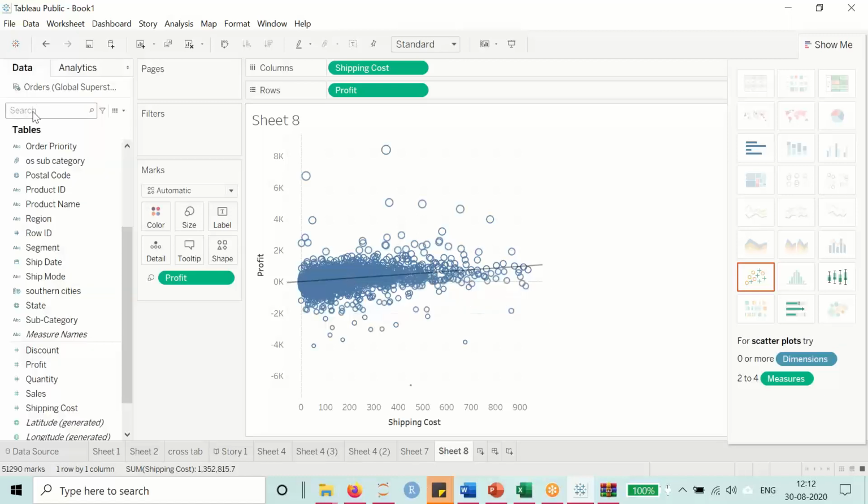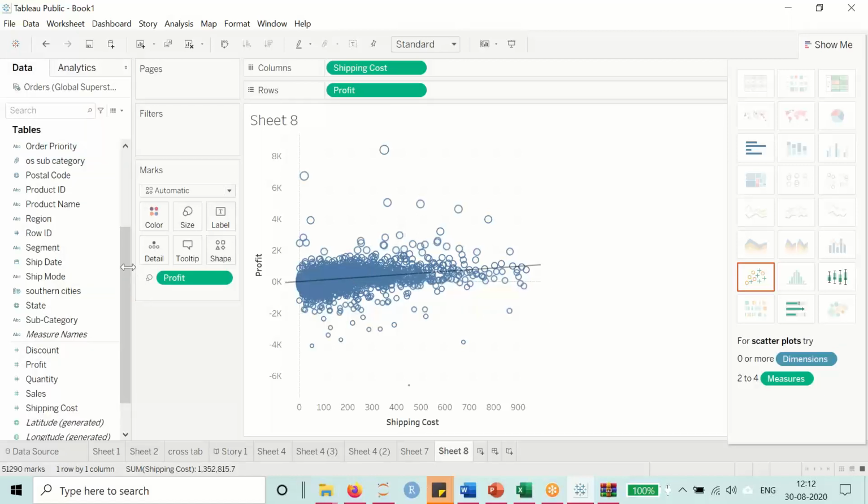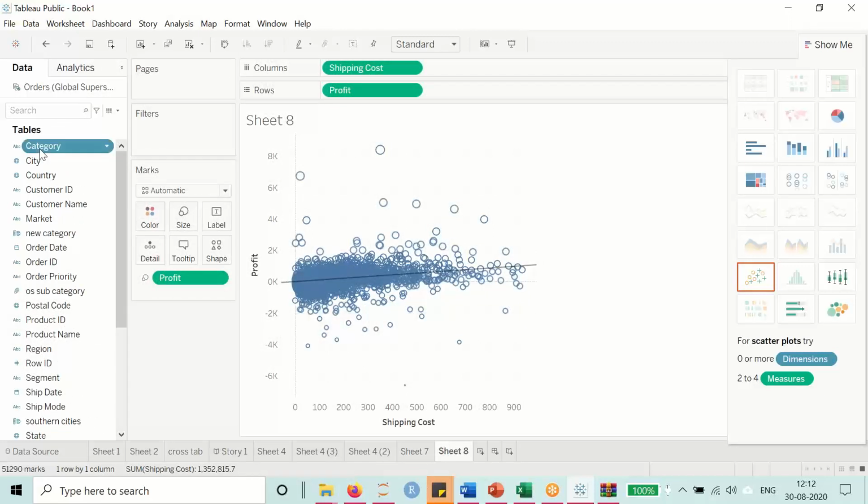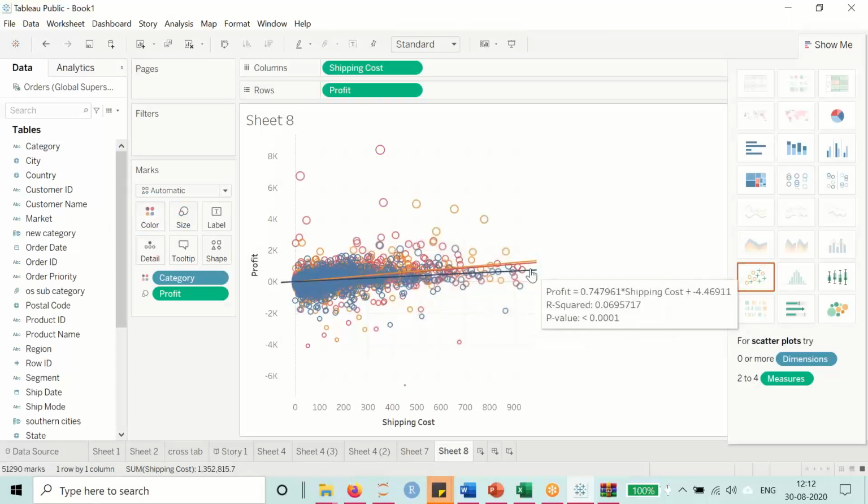Now if you add category, there is a category over here. You can create different trend lines for different categories. So you see the profit first,